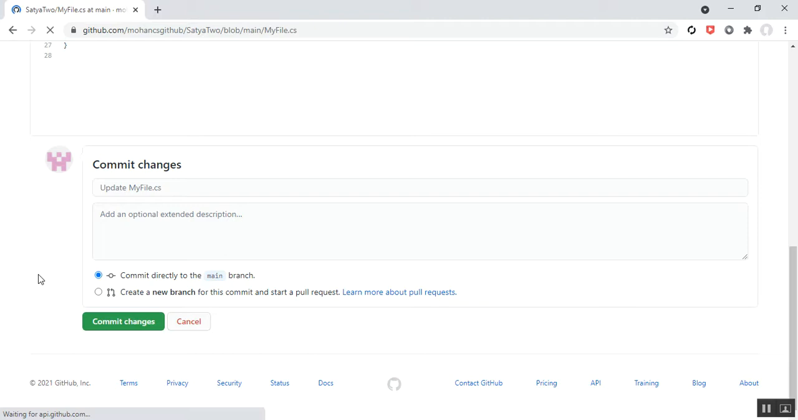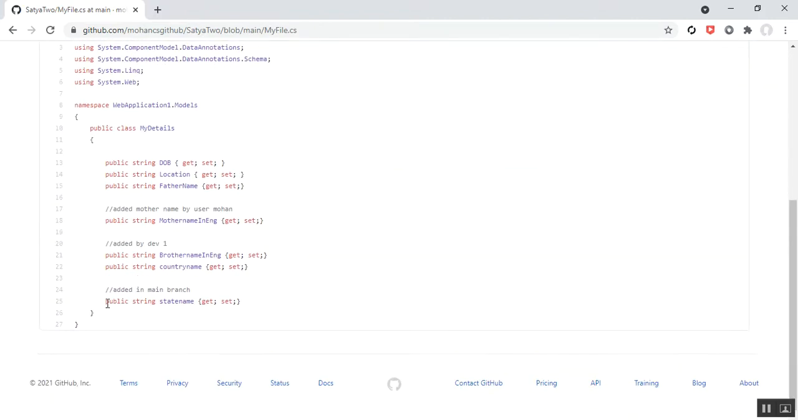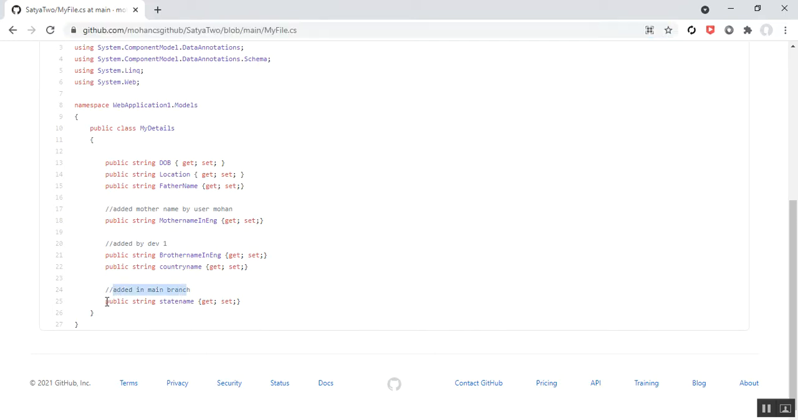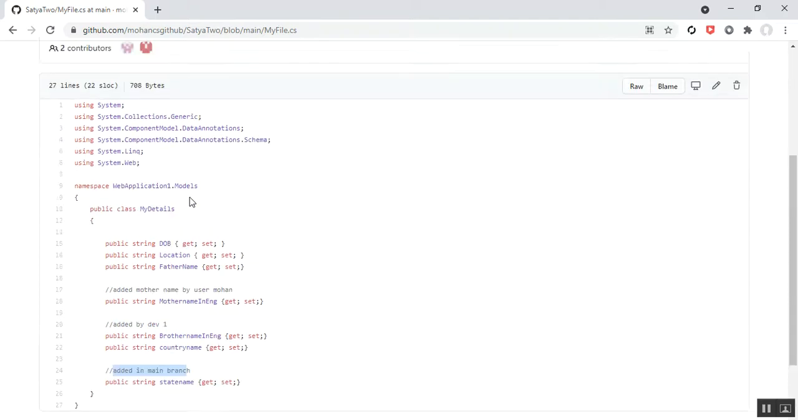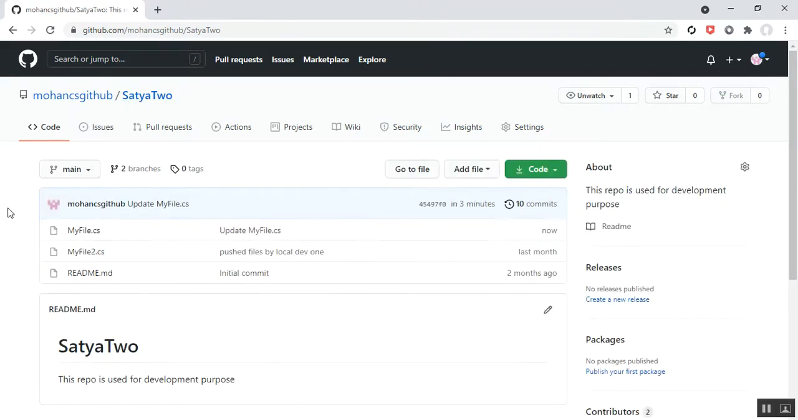So after commit the changes, our new line of code will be shown here in my file.cs under main branch. So you can see added in main branch, and the state name property has been added successfully in my file.cs under main branch. So here what I'll do, if I go to Satya2 repo for main branch, so I'll just go to the Satya2 repo, and here you can see that